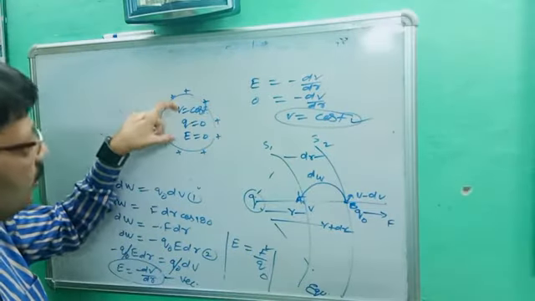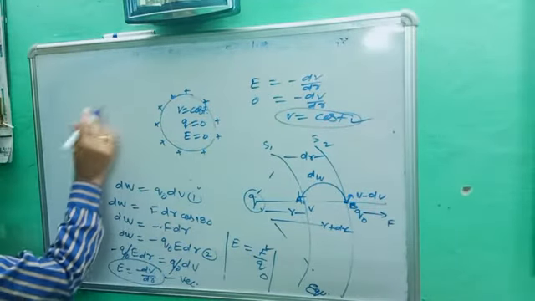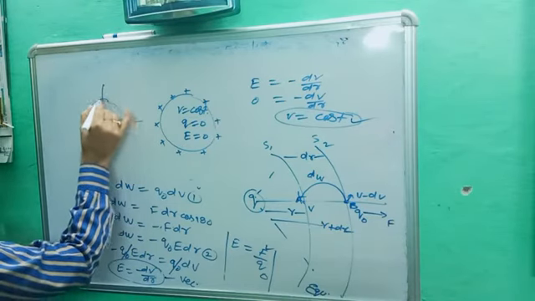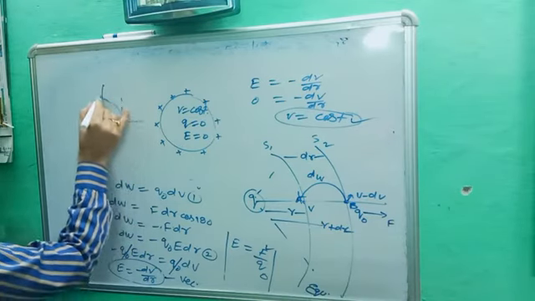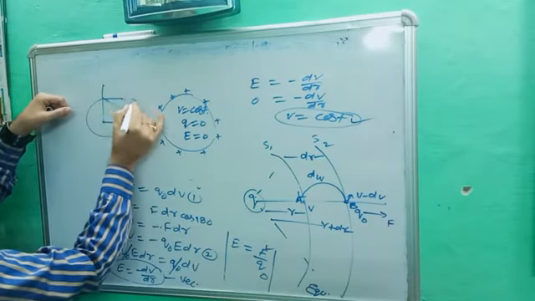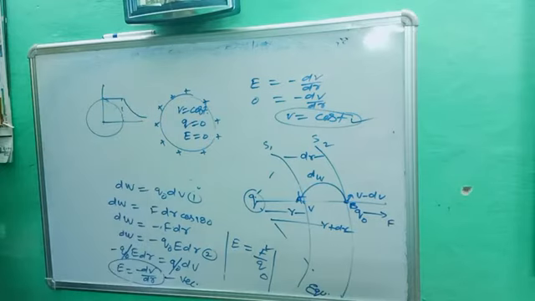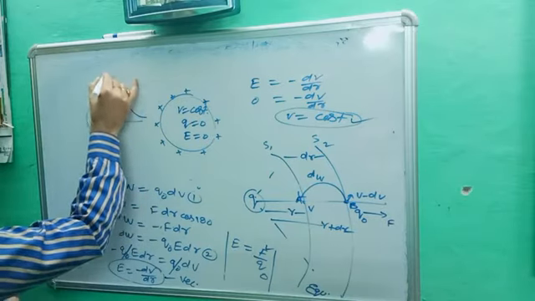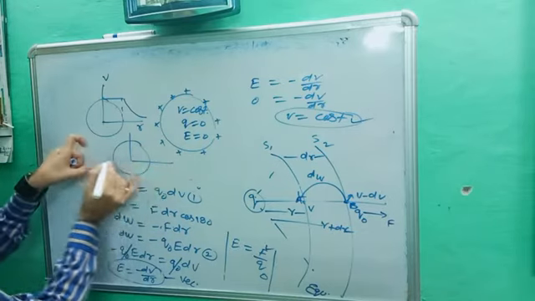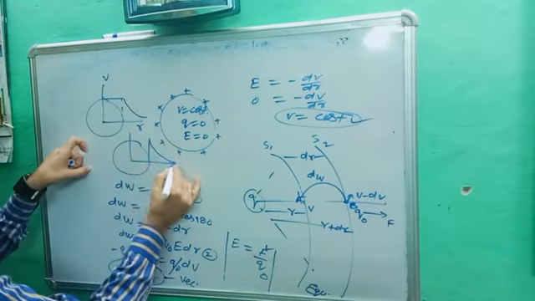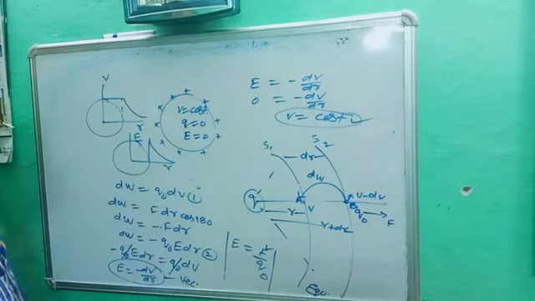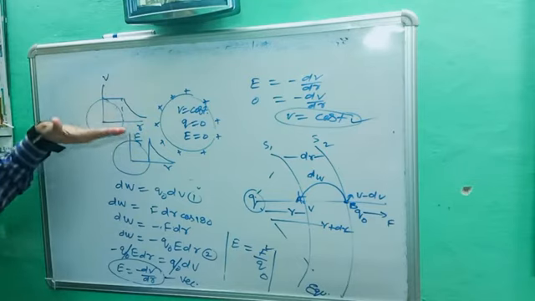So potential remains constant, and if we trace the graph for potential, we will get something like this. Many times these questions are asked. See here, it will be constant inside the surface, and outside, when we increase the distance, potential decreases. This is the potential and R graph. And similarly for electric field, inside the electric field is 0, so your graph will start from here. This is the graph for electric field and distance. So this is the difference between potential versus R and electric field versus R.